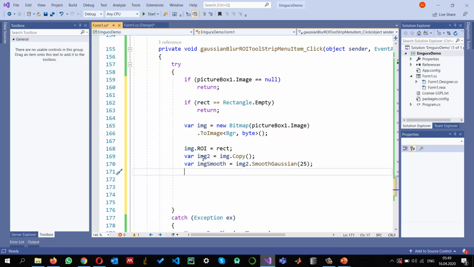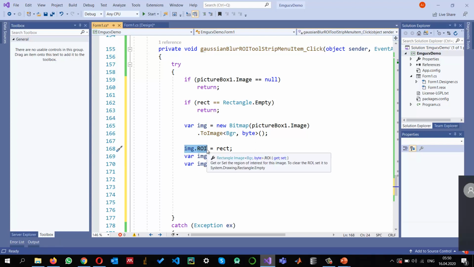Now since img2 is a new object in our memory, that image has been blurred and the results have been stored in imgSmooth. Now I just want this smooth information to be in my original image. Here is the img, which is the whole image that we read. So how can we do that? There may be many possibilities. One of the possibilities that I want to do is to take the region of interest, the area which has been selected, and set all those values in that region of interest to be equal to 1,